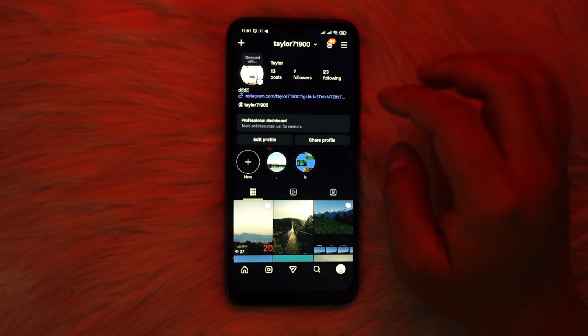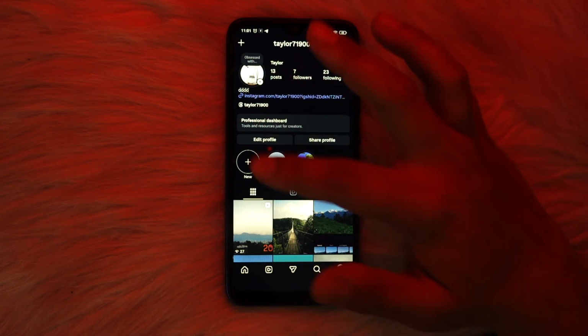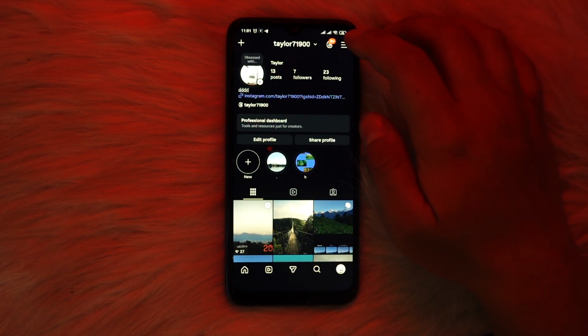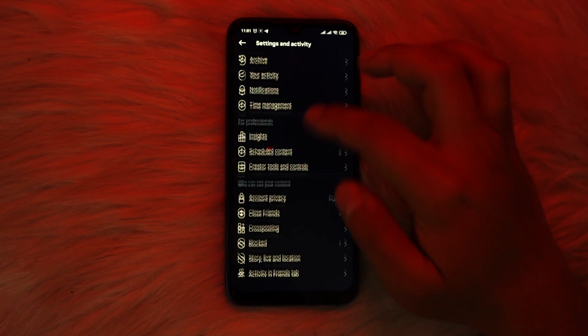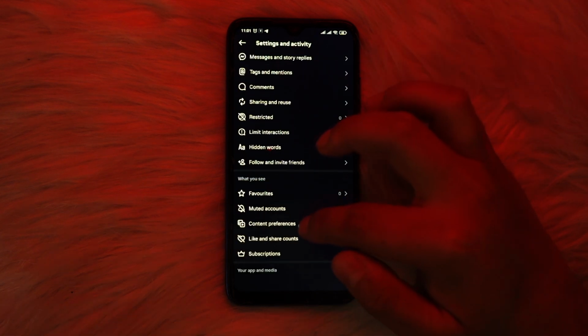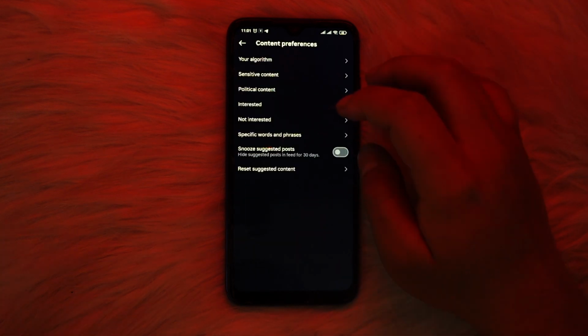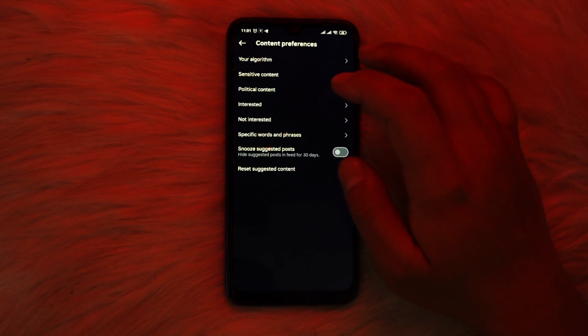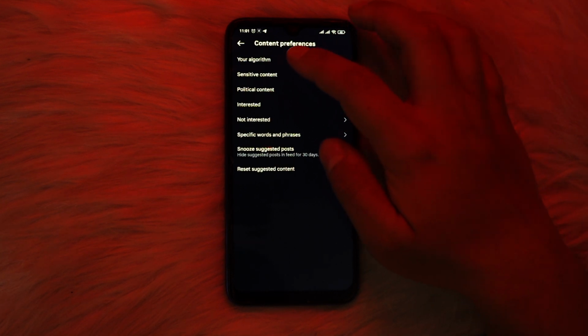Now, the first thing that you can do is head over to your profile section, which is this page, and then head over to the three lines on the top right. Once you're inside of the settings of Instagram, you can scroll down until you see the section called content preferences. Now there are a bunch of settings that you can manage, such as the first option is the your algorithm